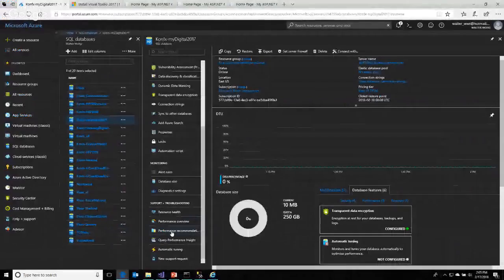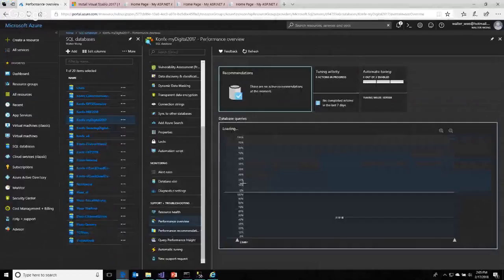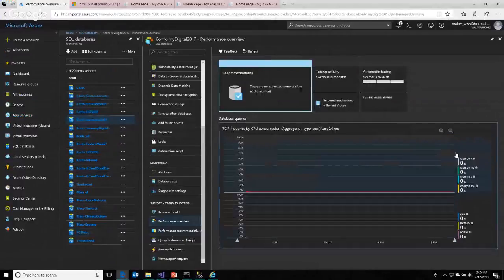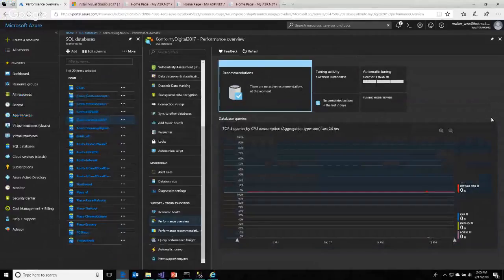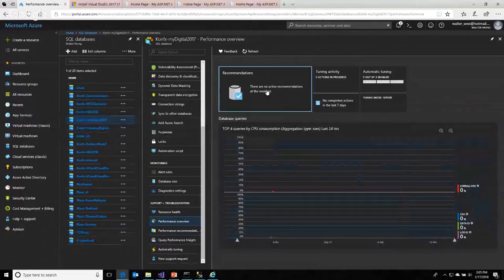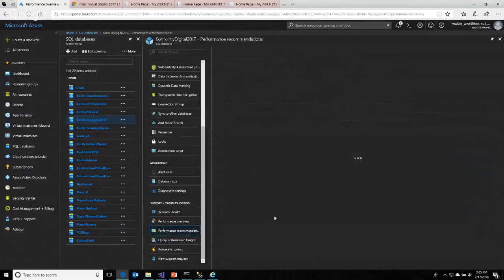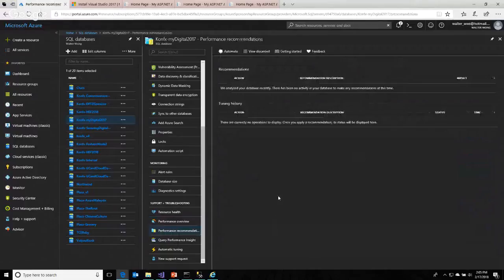When you look at the performance, because I don't have any data for the past I don't know how many months, I don't have a lot of information, but it is able to share with you things like overload. If you click on it, it tells you that there's no active recommendation for now. That means that you are fine. But if you're not doing well, you can also take a look at the performance recommendations, which give you some things that you can read under here.